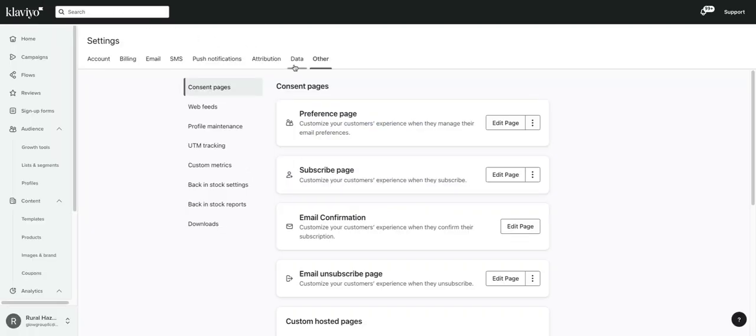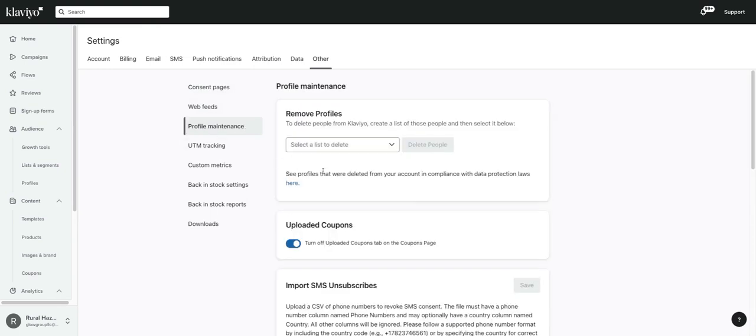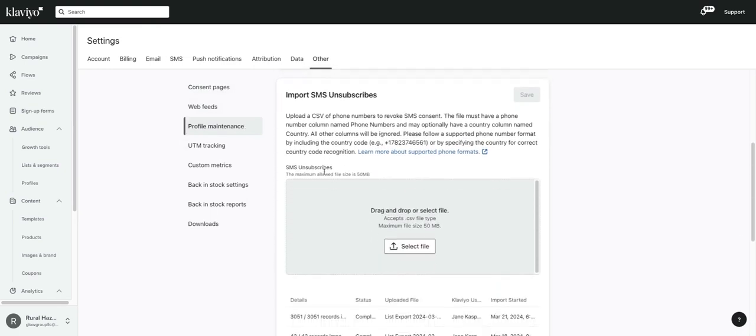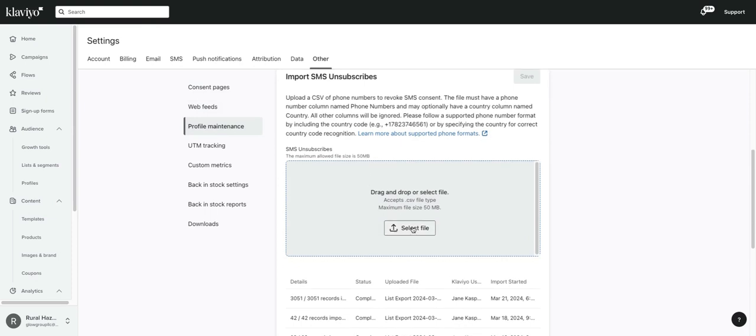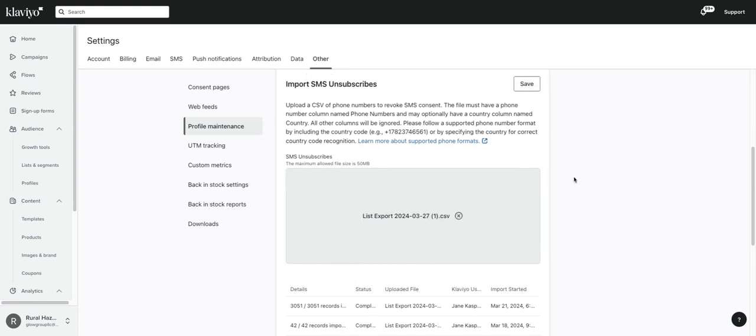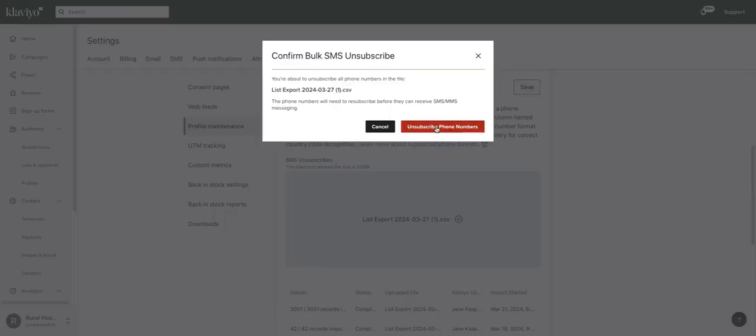and underneath Other, we will click on Profile Maintenance. Under Profile Maintenance, we will go down to Import SMS Unsubscribes. We will select our file. Click Open, and then click Save. And then here we will confirm that we want to